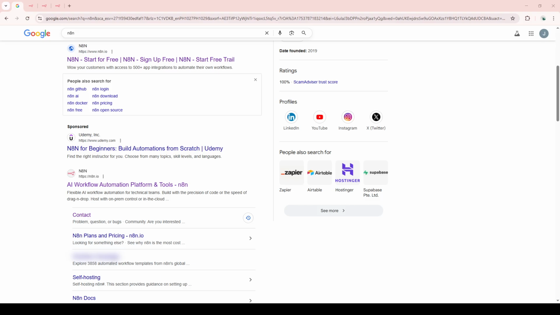To begin, you'll want to open up your preferred web browser and head over to the official N8n website. This is where you'll be managing your automated workflows, so it's a good idea to bookmark the site for future ease of access. Once you're on the homepage, take a moment to familiarize yourself with the layout if you're new